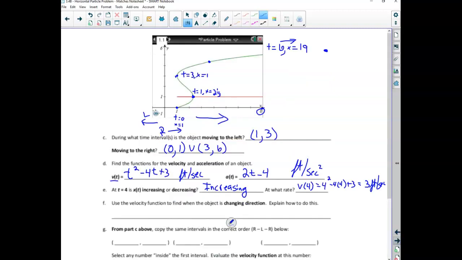And use the velocity function to find when the object changed direction. Well, we just said it changed direction at 1, changed from right to left, and then it changed from left to right. Well, how would I find that? When is it? How am I going to do that? Well, how do we find that? Those are kind of weird looking points, aren't they? Granted, they're horizontal, but wouldn't we,